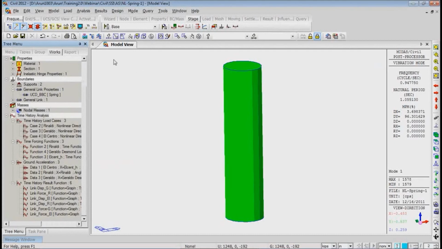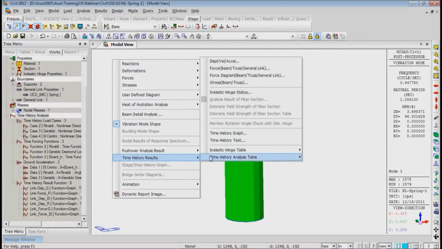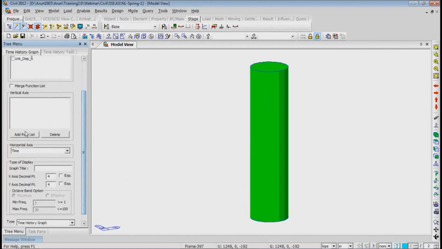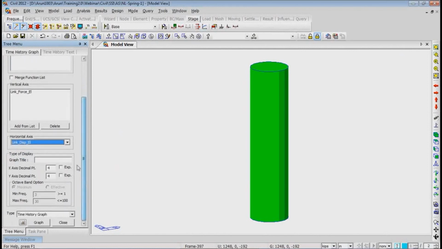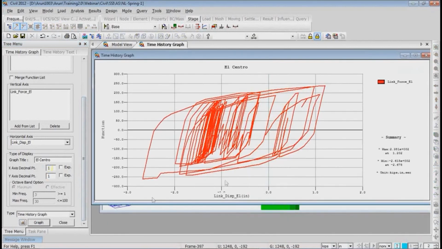And now I'll directly move on to the plot, as I can see we are running short of time now. So I'll go to time history graph, and then I'll plot El Centro link force on the x-axis, and on the y-axis I'll choose El Centro link displacement. I'll enter the name as El Centro, number of decimals as 1, and then I'll plot the graph here. So this is the same graph that I just showed in the